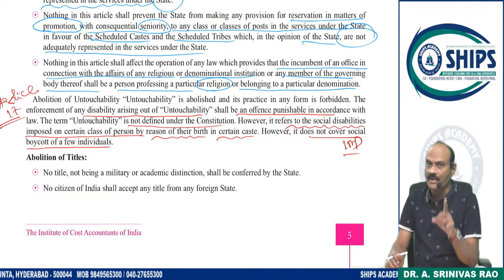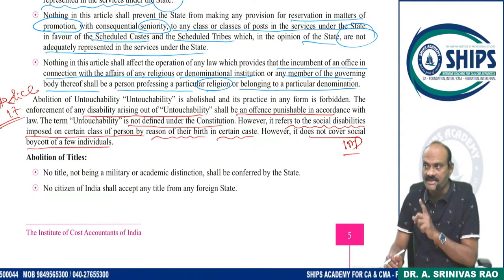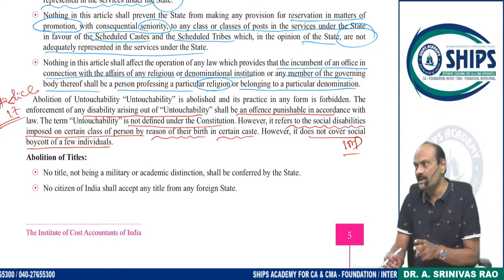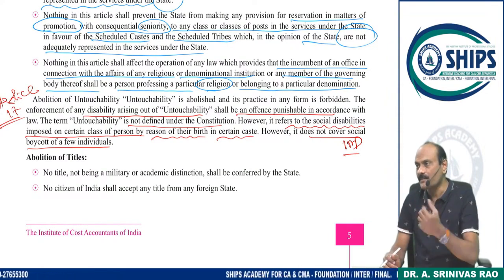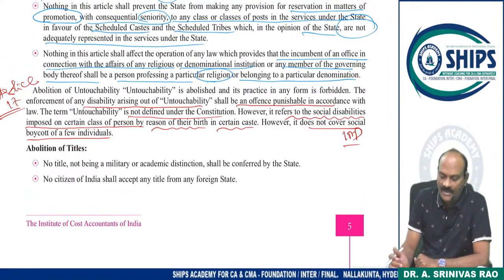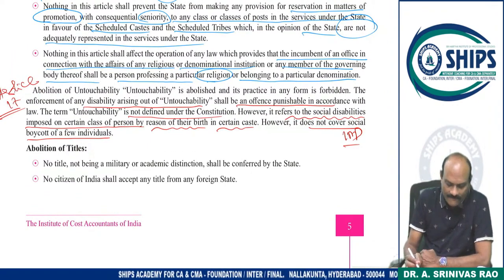Okay? Article 14, Article 15, Article 16. 14 is equality, 15 is about opportunity, 16 is about employment, and finally 17 is abolition of any kind of untouchability as such. Now guys, next one, Article